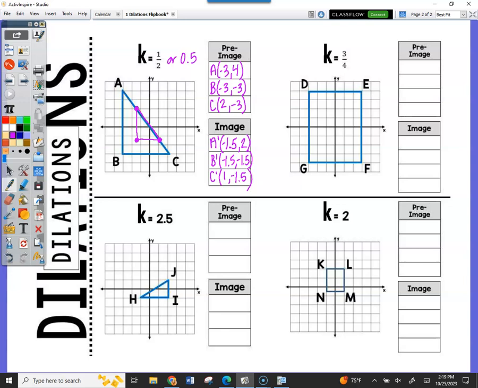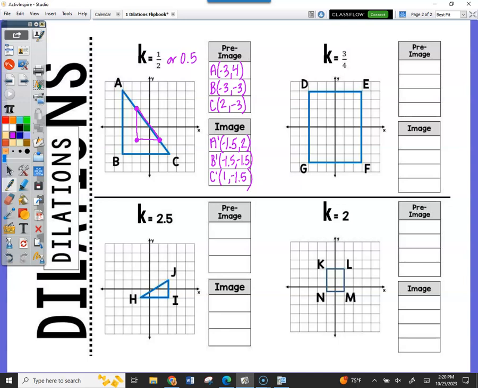Now, I will say when you go over to the next problem, which is on the right, it's 3/4. What decimal does 3/4 equal? 0.75. So it's going to be easier to multiply by 0.75 here instead of 3 divided by 4. You'll still get the same answer. I'm just saying if you didn't want to do the fraction. You are going to get some numbers with a 0.25 decimal.